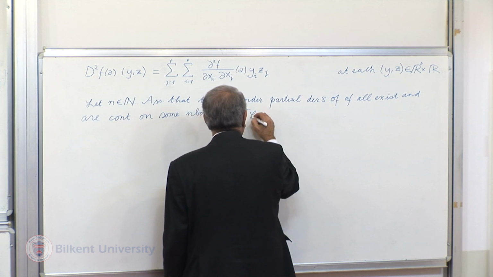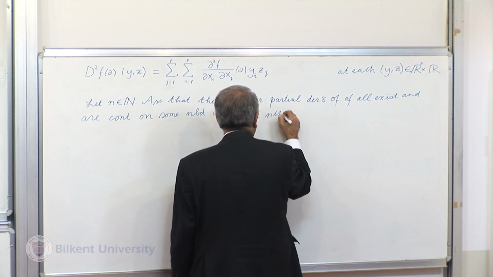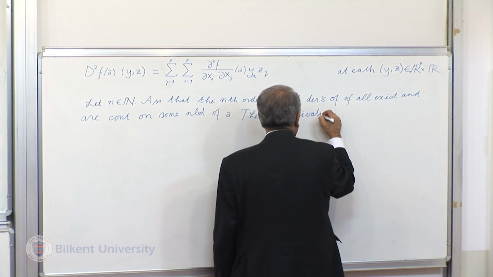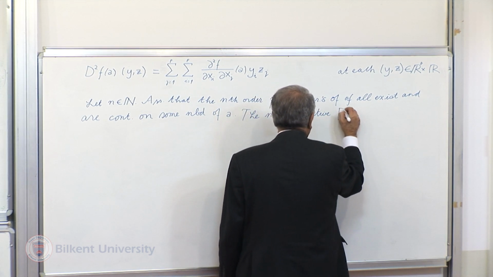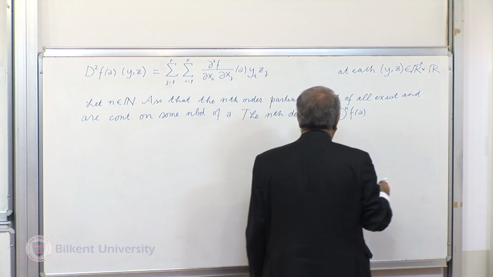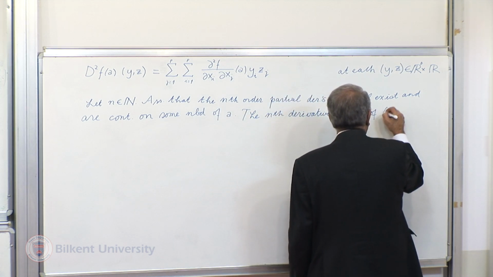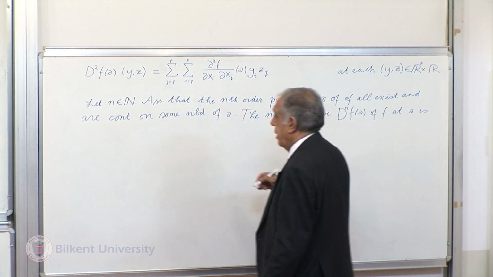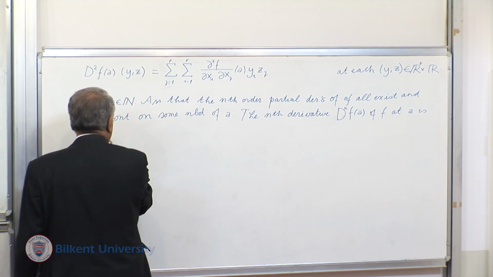The nth derivative, denoted by dⁿf(a), of f at a is defined as the map